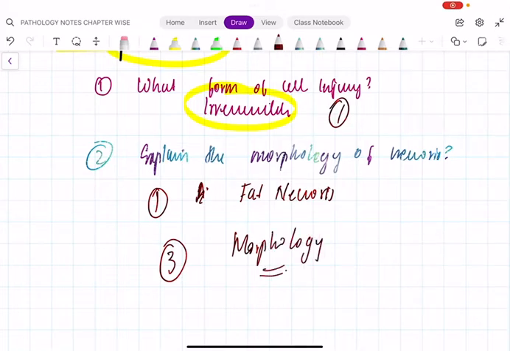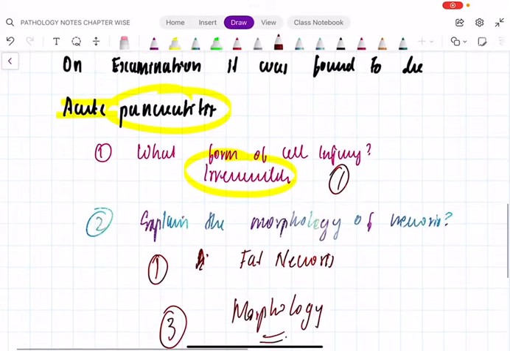Fat necrosis. See, rather than asking directly to explain the morphology of fat necrosis, the examiner wants you to see what the clinical features are, using the clinical hints, the symptoms and signs. Sometimes they will give the diagnosis, sometimes you have to find the diagnosis. In some complicated cases like acute pancreatitis, of course they will give it. Once you read the chapter of pancreas, there is very little chance that they will give this diagnosis. Then you have to find that acute pancreatitis is an example of fat necrosis, and write about that. That is the second question.